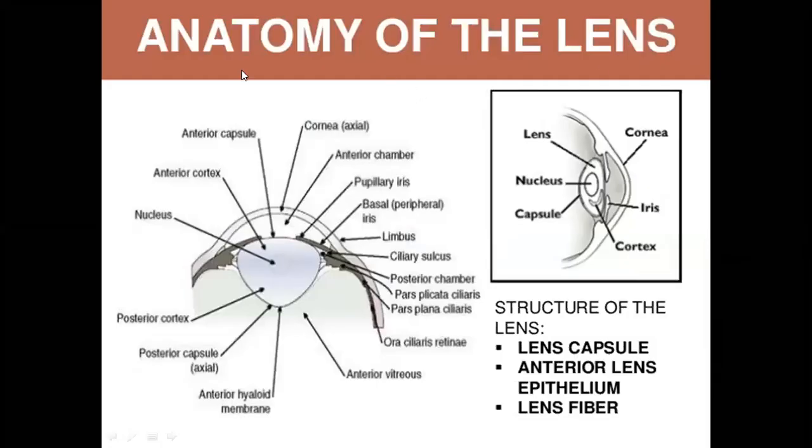Acha. So this is the anatomy of the lens. This is the lens. This is the ciliary body. These are the zonular ligaments, and this is the lens. The anterior capsule of the lens. This is the posterior capsule of the lens. The anterior cortex of the lens and the posterior cortex of the lens, and this is the nucleus of the lens. So this is all about the lens, which receives the light from the cornea, and it focuses it on the retina. So its duty is to focus the image over the retina.